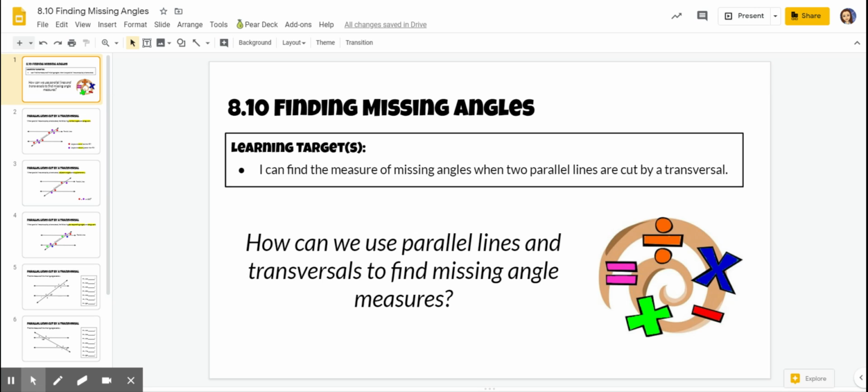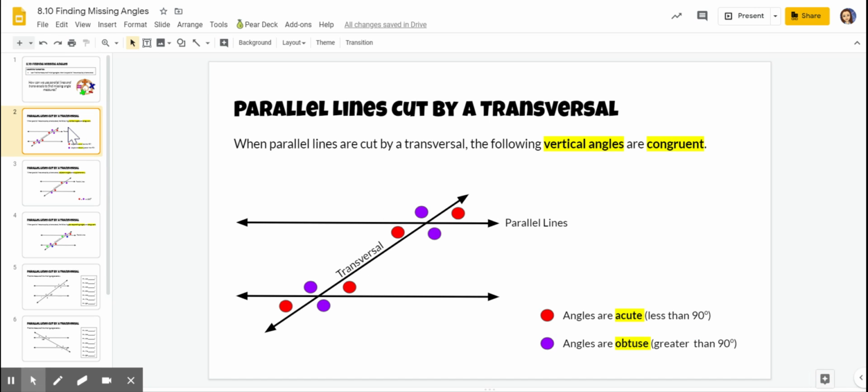So, we're going to review those today and then think about how we can use those parallel lines and transversals to find the measure of all of the missing 8 angles that are formed when we have that in a diagram. Okay, so the first thing that I want to review is